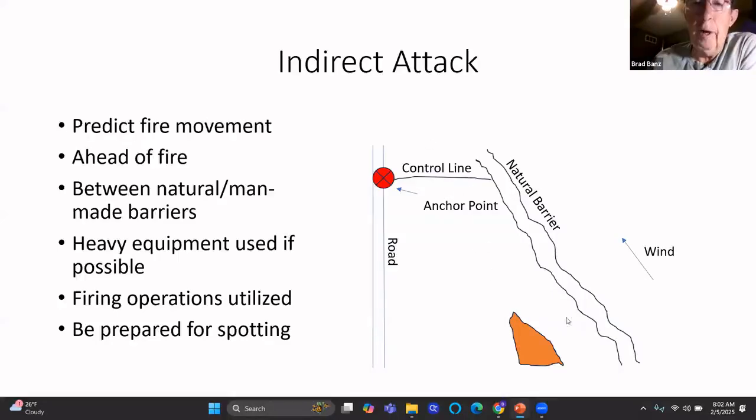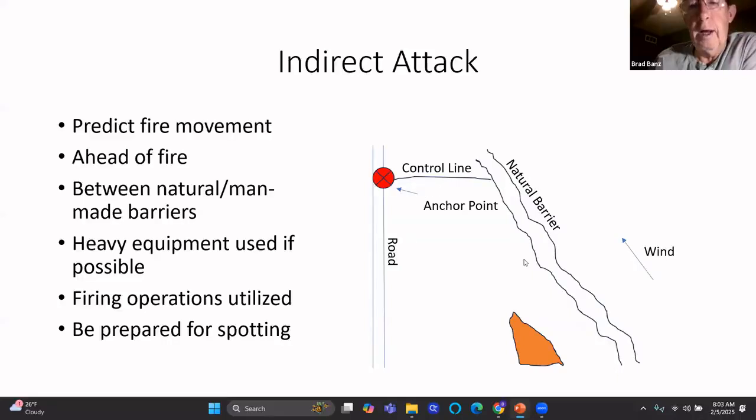You have to be careful if you have a really strong wind burning this way. You can't do that in the middle of the daytime because that can go bad on you, and your fire that you're trying to use to burn out fuel can actually jump that control line. Okay. So there again, you have to use the weather to your advantage and do a burnout